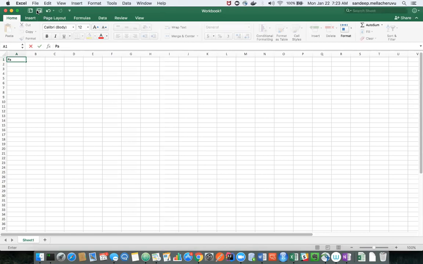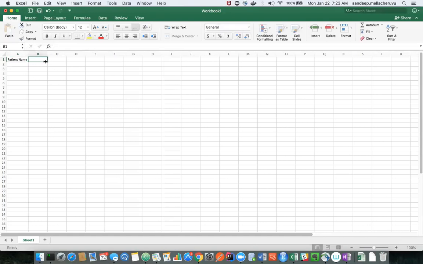For example, let's say you have medical records data. Let's say the data is like this: patient name, RBC count, which is red blood cell count, the gender, and the last one is, let's say, has cancer.